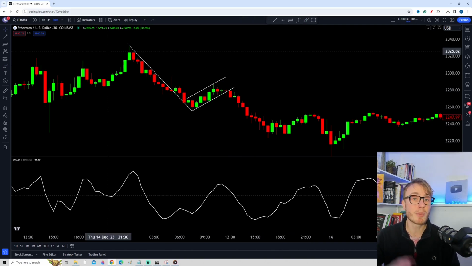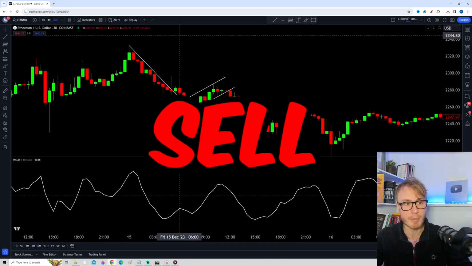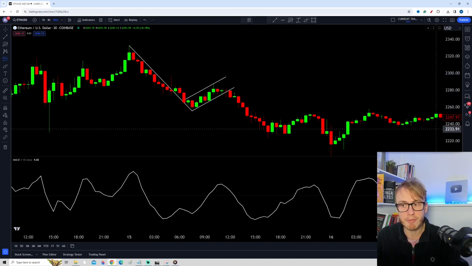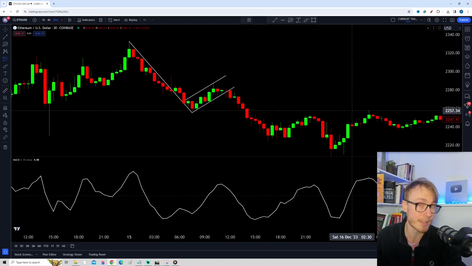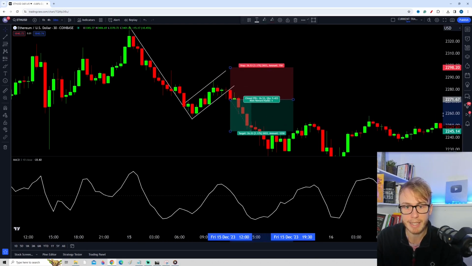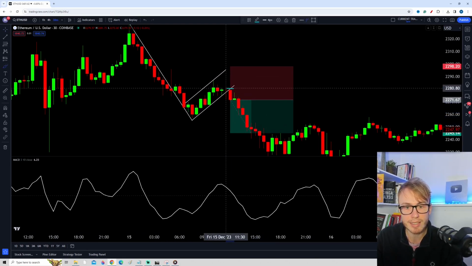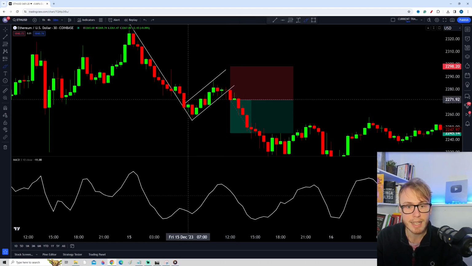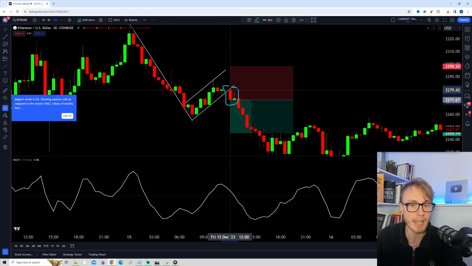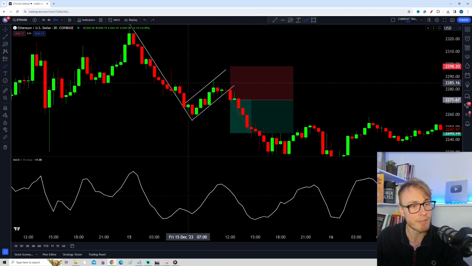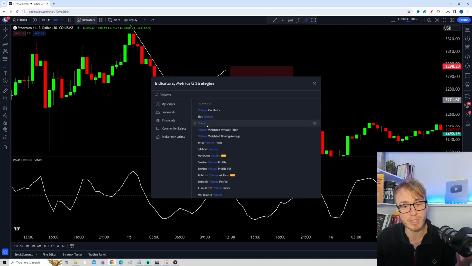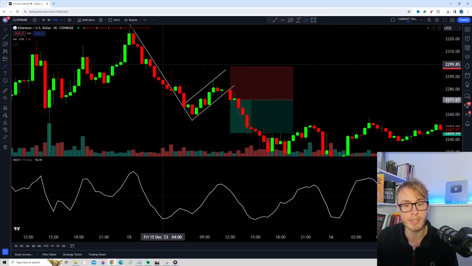So now then, where do we buy and where do we sell the bear flag? Well, we have two different methods here. The first one is the most simple one and the most common one, and that is to enter here on the breakout. So the breakout is essentially the candlestick that breaks out of the flag. You can see in this case we had a strong red candle that broke below, and this is a very clear entry point. In order to make the entry more significant, we can use yet another indicator, and that is